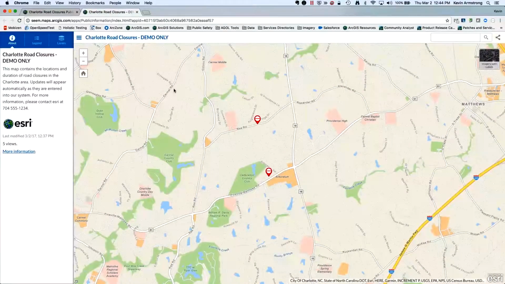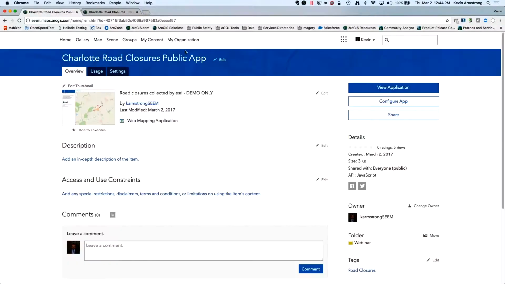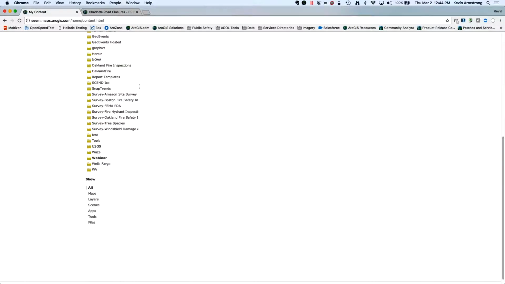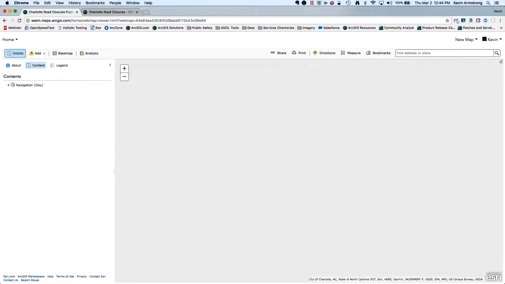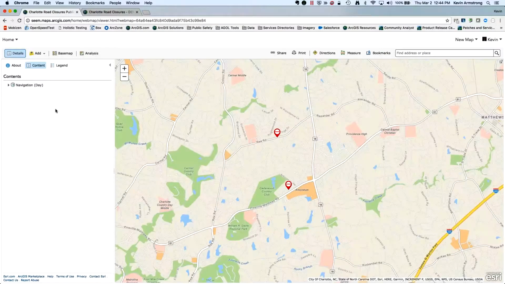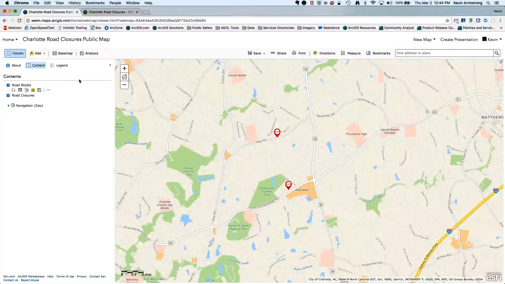What I'd like to do now is, since we actually had some storms in Charlotte, update this map and add some of our live feeds to it. So what I'm going to do is go back to my content and go back to that public map of road closures. Now open that map up. And what I'm going to do is add some storm or weather related data to this map. So I can just go in any web map,